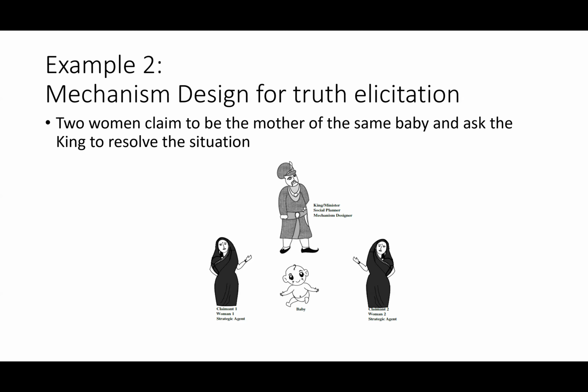Cut the babies into two so that each one will have half of each. But the other woman said, no, don't do that. At least you give it to her. If not, at least the baby will be alive. Then the king decided that no, the one who had the compassion is the real mother. I think that's what happened.